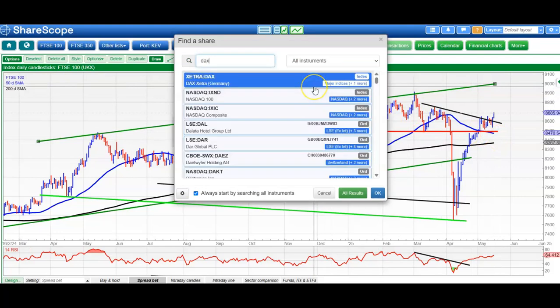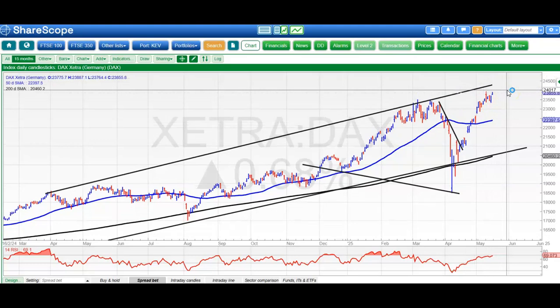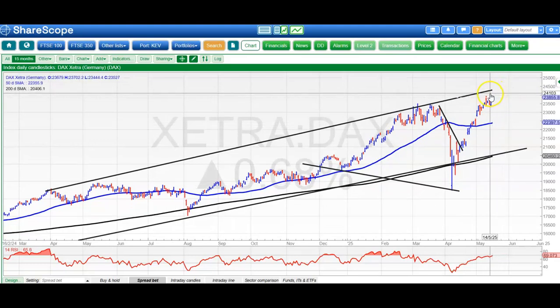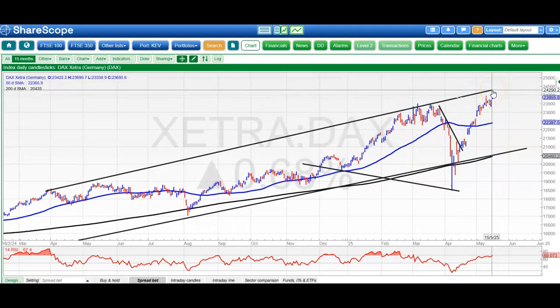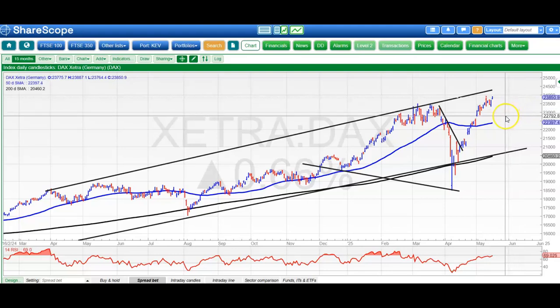Next up is the DAX, which I suppose has been leading the way in terms of the upside here, already at record levels above 23,500, and we've been looking for the top of that rising trend channel from March last year. 24,300 as a target for the end of May, and obviously after that we can look for greater glories, as long as we stay above 23,500. Worst case on the downside, if there is a rug pull, is the top of the previous gap, turn of the month gap there,